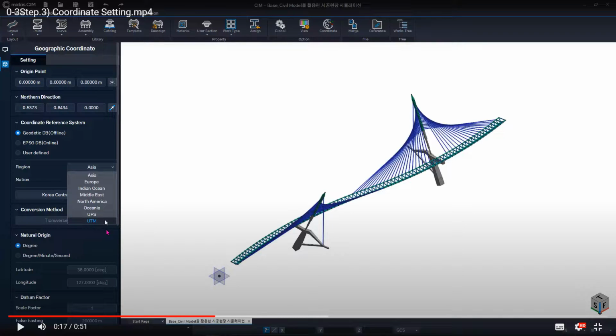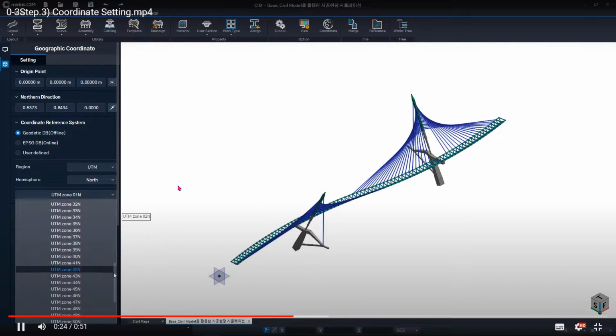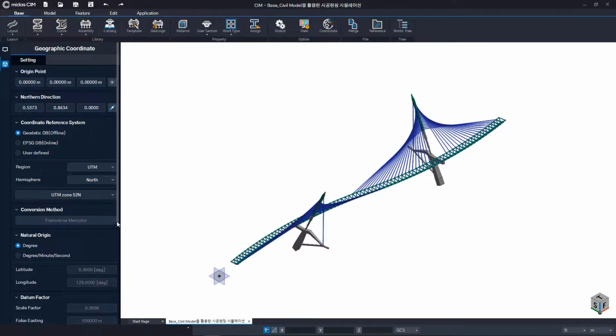So this is just a universal coordinate, because if you have collected the coordinate correctly, you don't need to add a particular region and particular hemisphere in here. Again, this is based on the project.